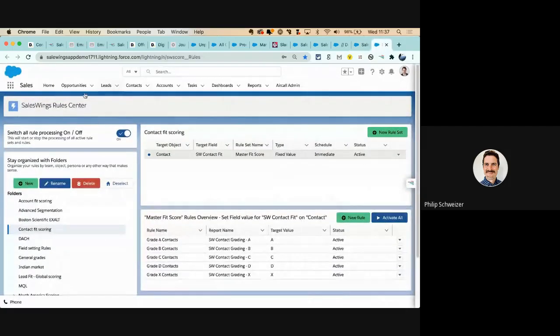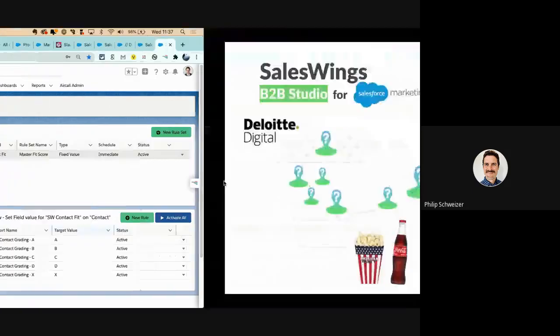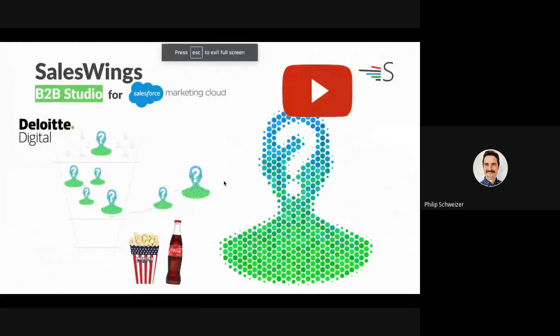Very quickly, wanted to show you the fit scoring solution as well. So I'm not going to go into detail, but once more, we have a standalone solution running 100% on top of the Sales Cloud, providing fit scoring and grading based on standard and custom object data for our customers. We did this natively, by the way, so no data is leaving the Sales Cloud. This is important for security and privacy, just to give you a bit of background.